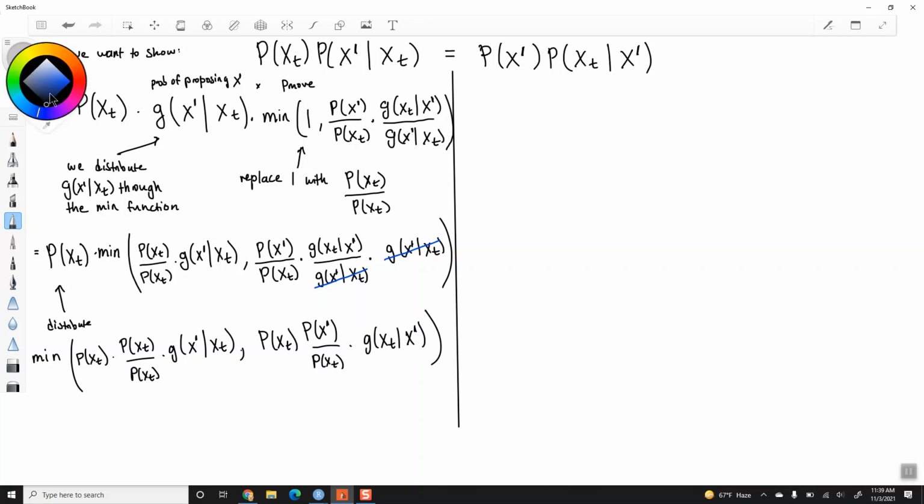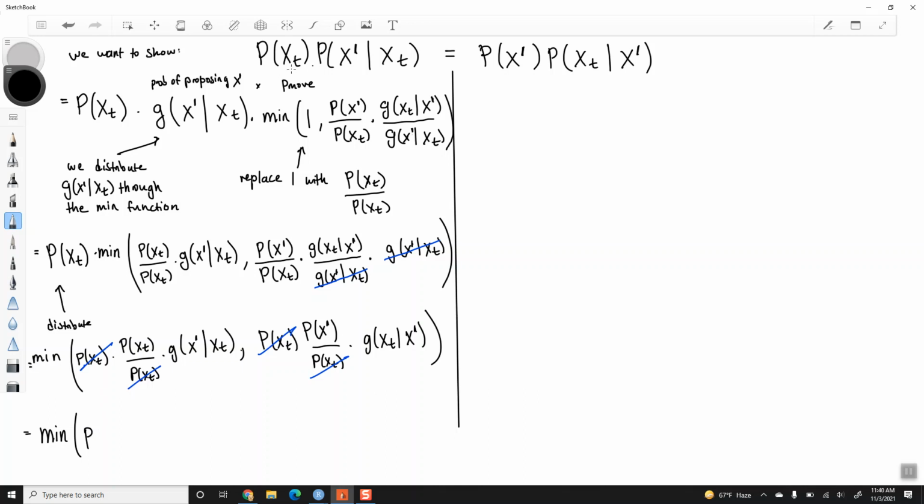Okay, and then so these things all cancel. I guess technically it wasn't necessary to replace the 1 with p of xt over p of xt, but whatever. Okay, so over here I've got min,